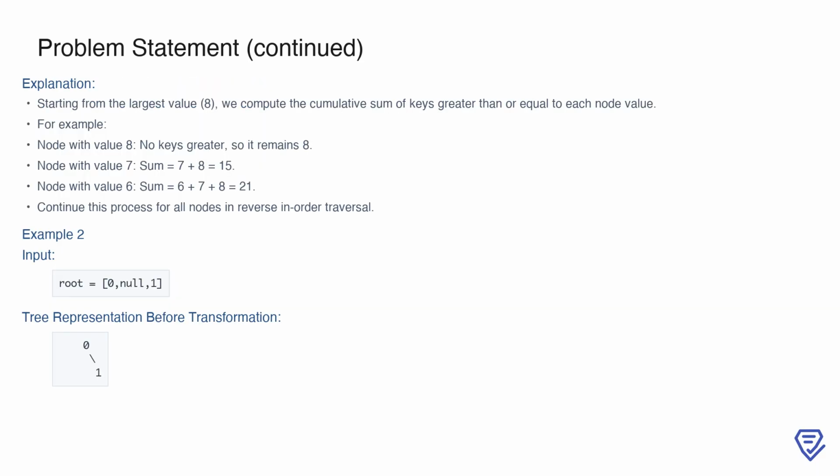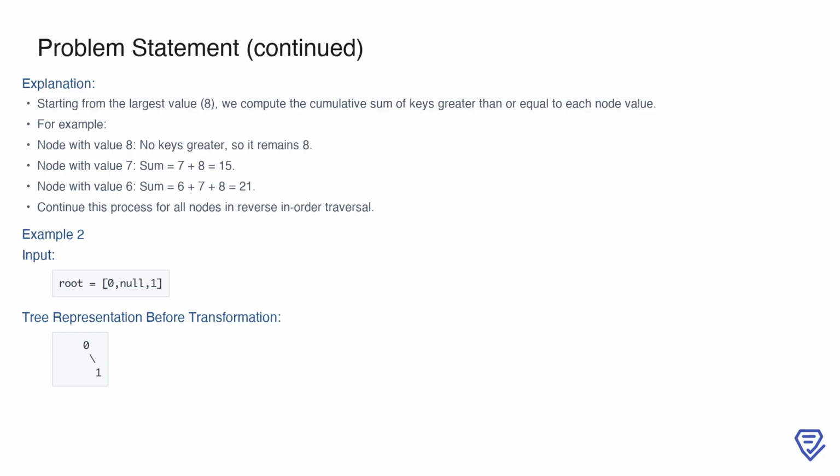Now, let's break down how the transformation happens. The key is to calculate the cumulative sum of all values greater than or equal to each node, starting from the largest value in the tree. For example, starting with the node containing 8, there are no greater values, so it remains 8. Next, the node with value 7 gets updated to 7 plus 8, which equals 15. The node with value 6 then adds 6 plus 15, resulting in 21, and this process continues for the rest